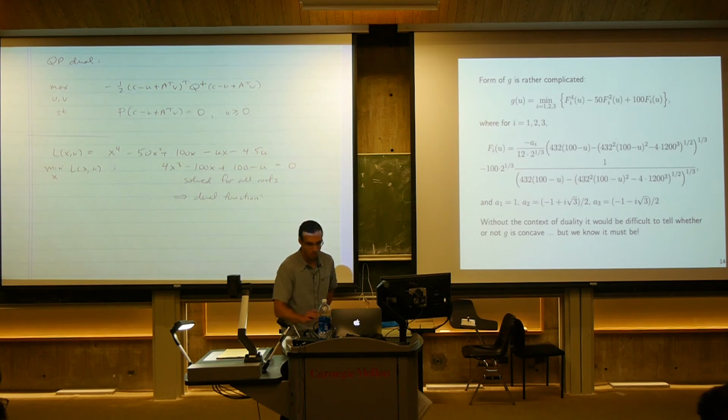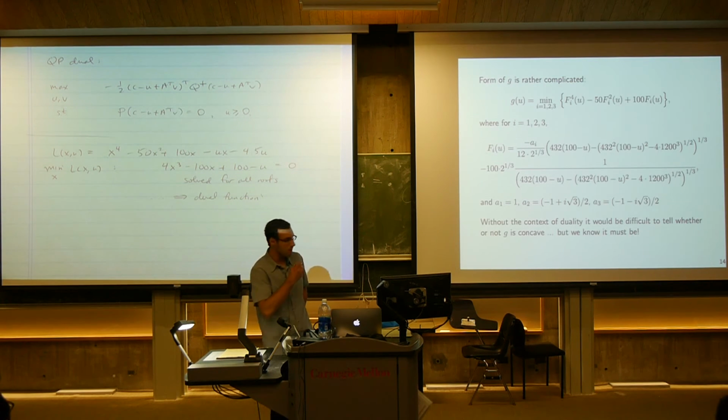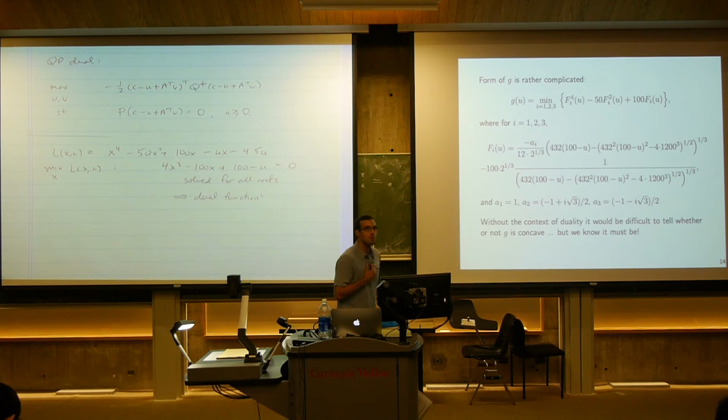Okay, and if you want to follow along, you can see if you end up at this. I'm pretty sure I didn't make any mistakes, but I could have. And this is what I got. So here's the dual function. G of u is the minimum over all 3 possible roots of the following: fi to the 4th of u minus 50 fi squared of u plus 100 fi of u,